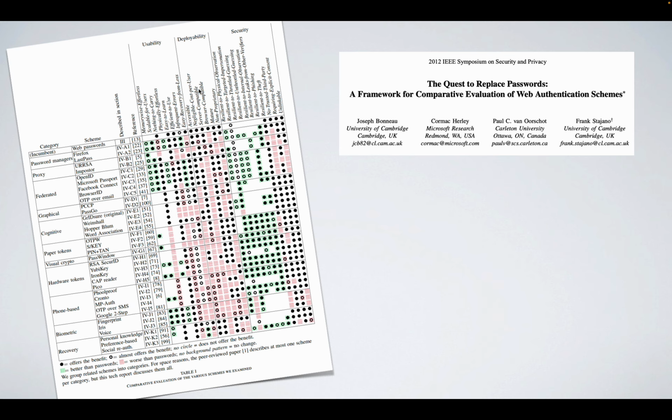You can see they have a bunch of different properties. So I tried to choose a subset of the properties that they use, but they have a lot more than what we talked about. So I can actually just read them off. So for usability, memory-wise, effortless. We had scalable for users is sort of a different property. Nothing to carry, physically effortless, easy to learn, efficient to use, infrequent errors, easy recovery from loss.